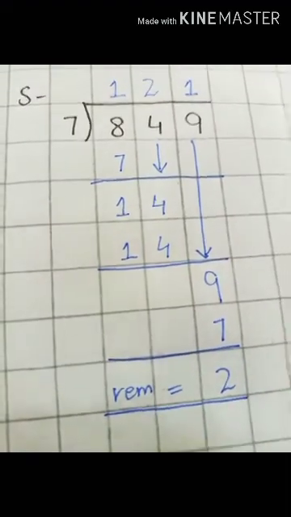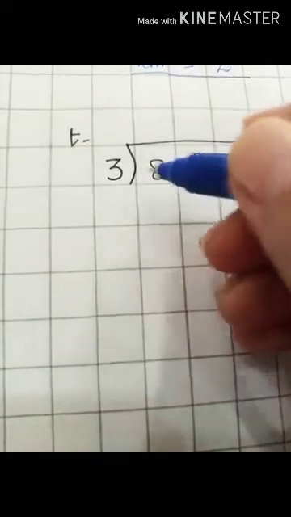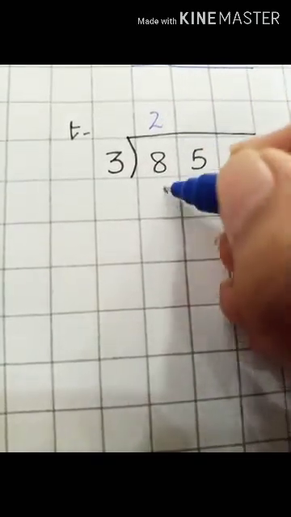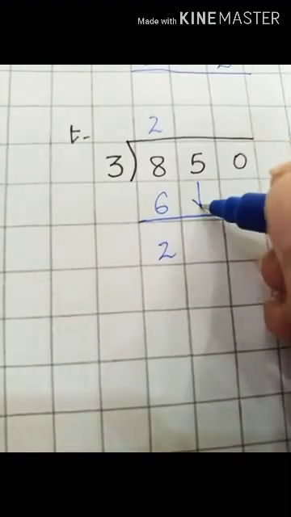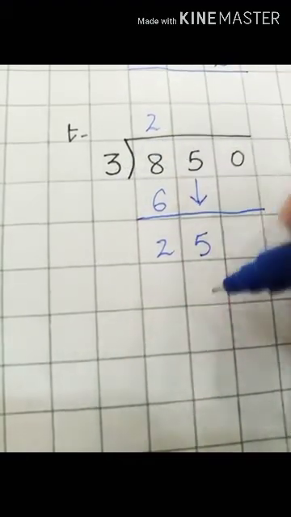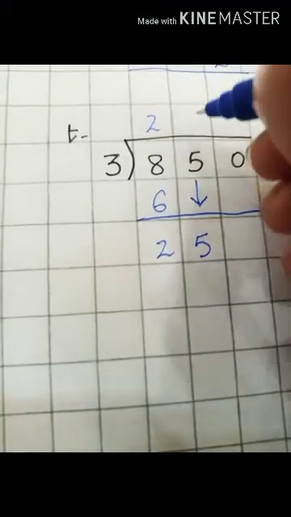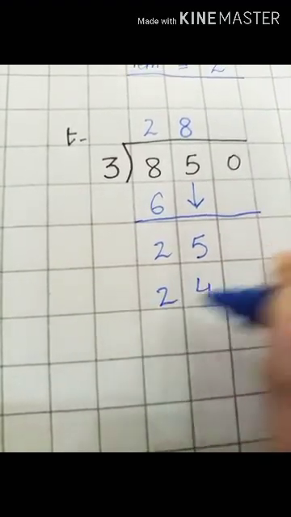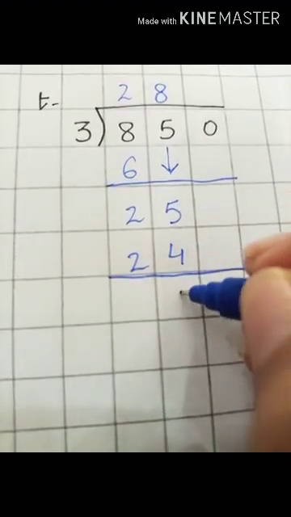Okay students. Next is the last part of our today's question. Compare the first two digits. 3 ones are 3, 3 twos are 6, 3 threes are 9. Can't write the 9, but I can write 3 twos are 6 here. So students, 8 minus 6 is 2. Bring this 5 down here. This will become the number 25. So students, read the table of 3 till we get the number 25 or the number that is smaller than 25. 3 8s are 24. So I am writing the number 24 beneath the number 25. 5 minus 4 is 1.